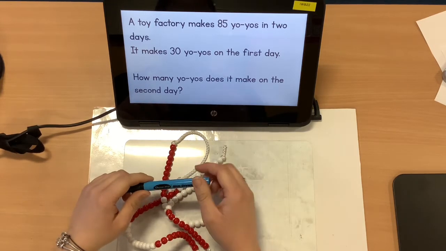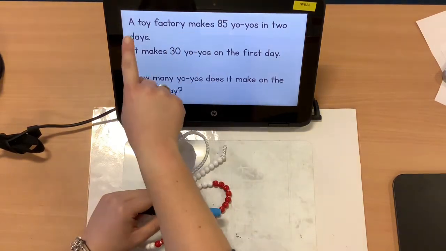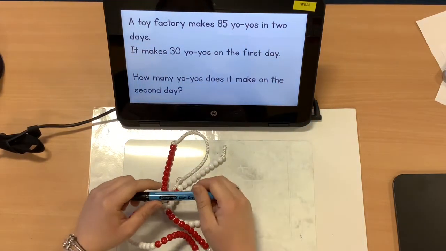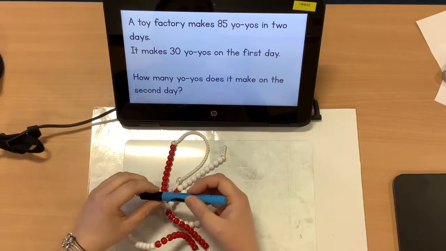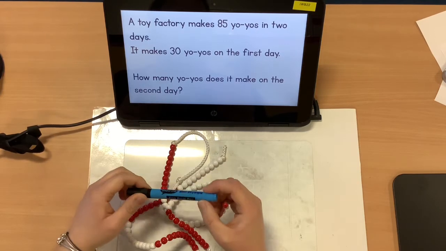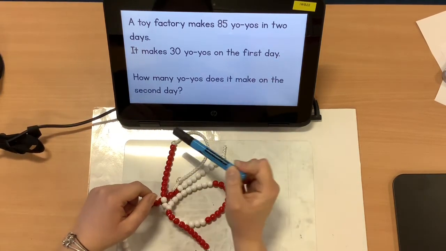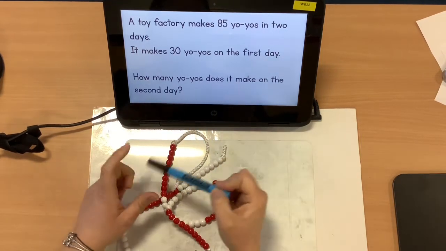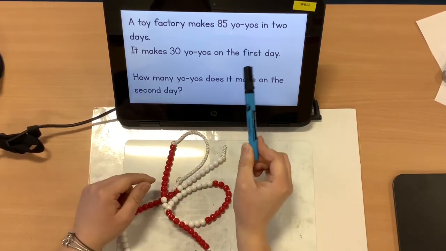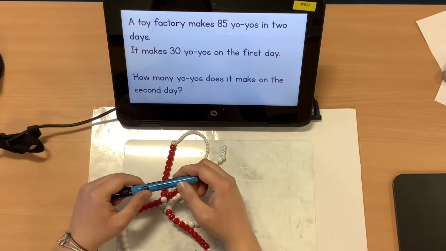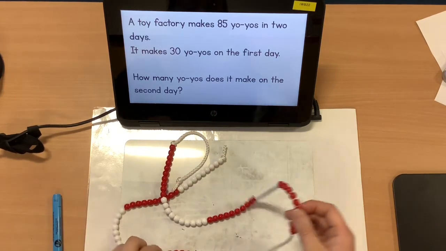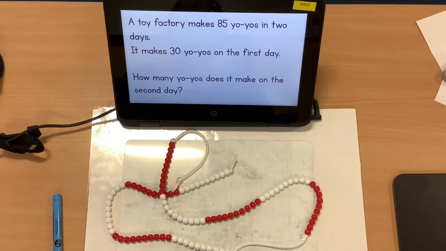Now, the first thing to consider with this problem is that we've been given a really vital piece of information at the top. We've been told about 2 days. It then asks us for the first day and the second day. So we know that those 2 days are made up of our first day and our second day. So the first thing we can do is use our bead string to represent how many yo-yos were made in